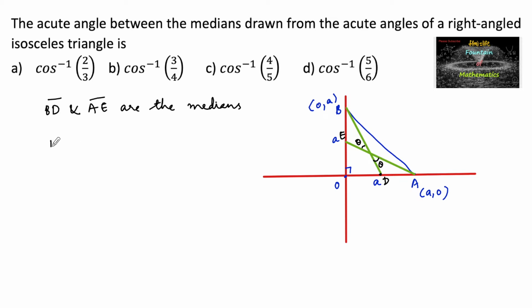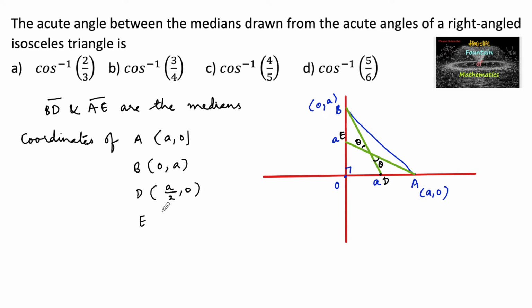So the point D can be taken as coordinates of D. So let us write the coordinates of A and B also. Coordinates of A are a comma 0, B is 0 comma a, so the coordinates of D can be taken as a by 2 comma 0, and the coordinates of E can be taken as 0 comma a by 2, since the median is dividing at the midpoint. Now